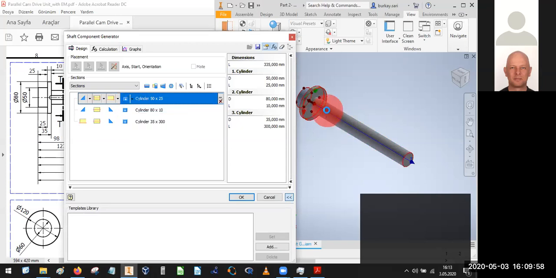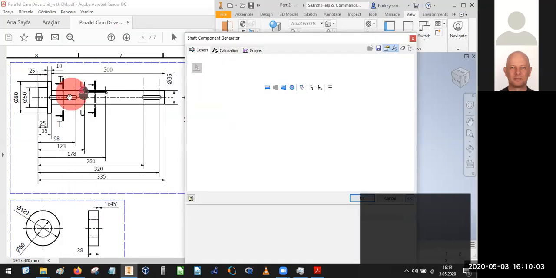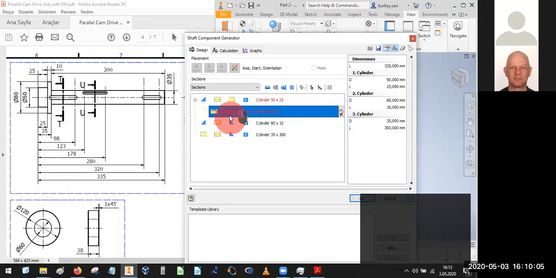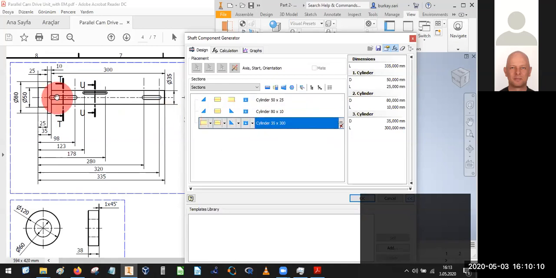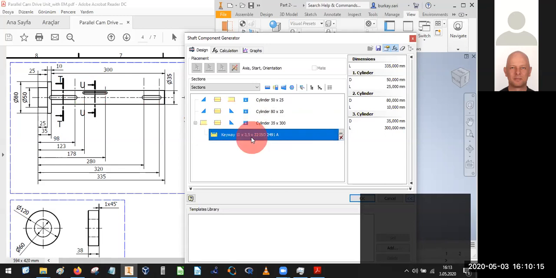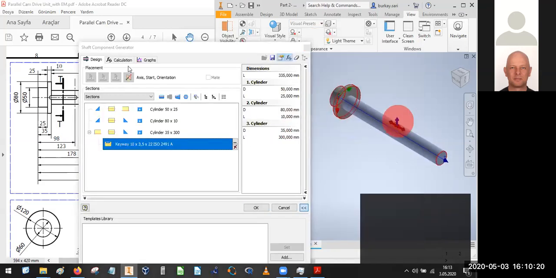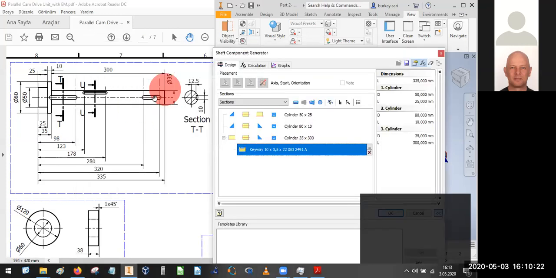Let's make. I would like to add 3 keyways on this last section. I'm not interested in this one, I will delete it. On the last section, I need 3 keyways. For this, I need a keyway group. And I would like to add this keyway, which is 10 millimeter far from this end. And I would like to have 10 millimeter, and also I have 2 keyways